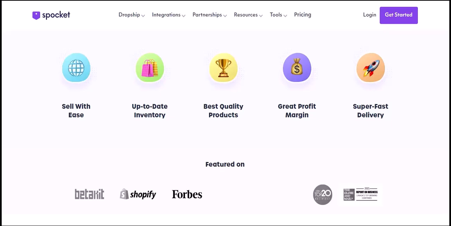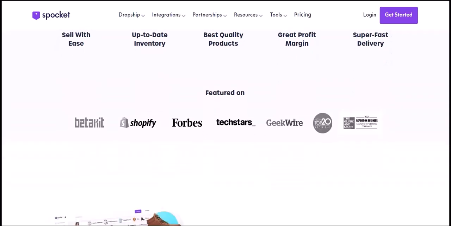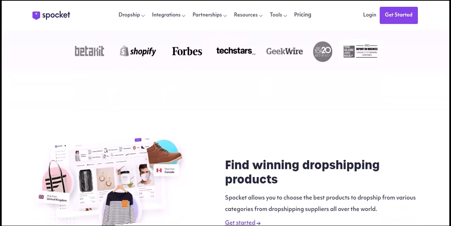The key is to think of your main e-commerce store as the central hub of your business, and TikTok Shop as a powerful marketing and sales channel that funnels customers there. Here's a simplified breakdown of the process. You'll start by setting up your primary dropshipping store, likely on a platform like Shopify, and connecting it with Spocket. This is where you'll import all the amazing products you find on Spocket, the fast shipping, high-quality items that will keep your customers happy. Your Shopify store becomes your home base for product listings, order management, and all the behind-the-scenes